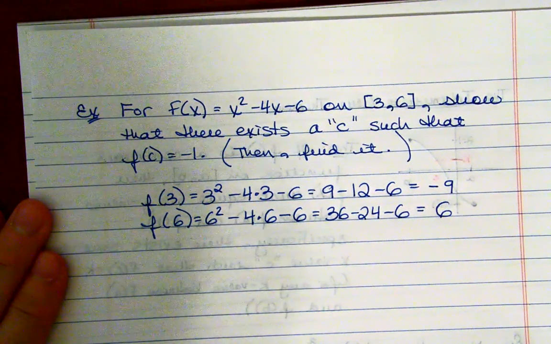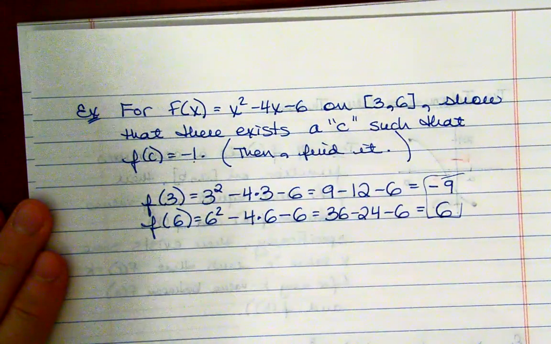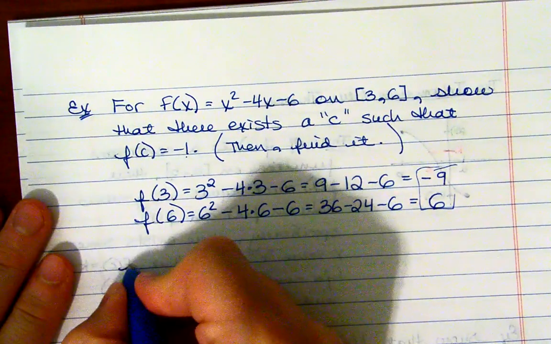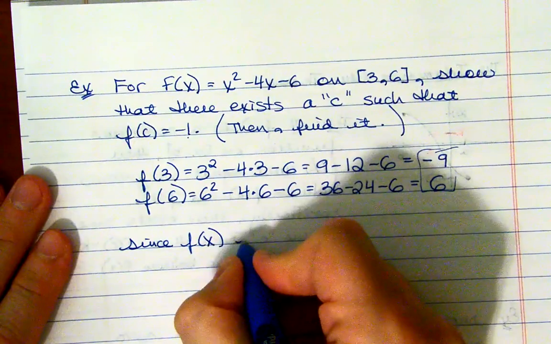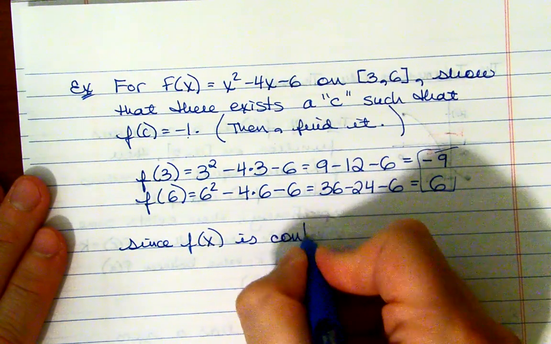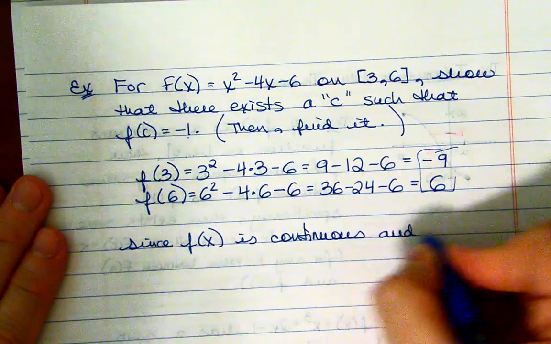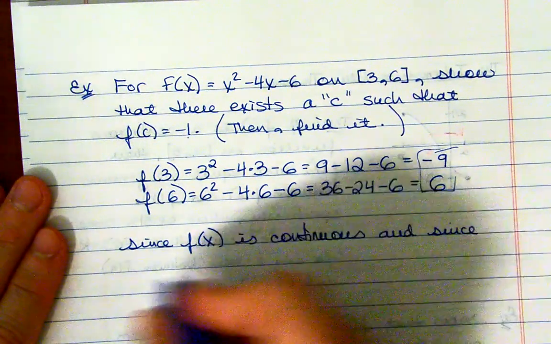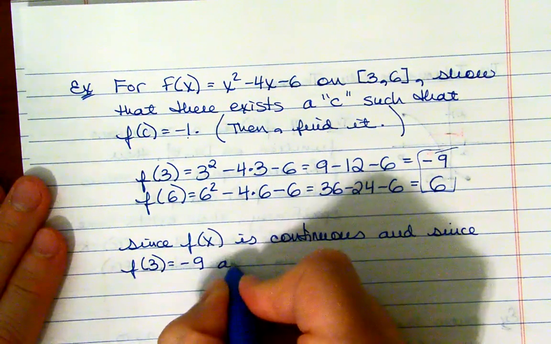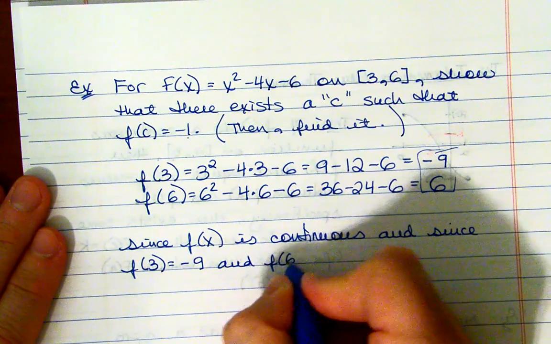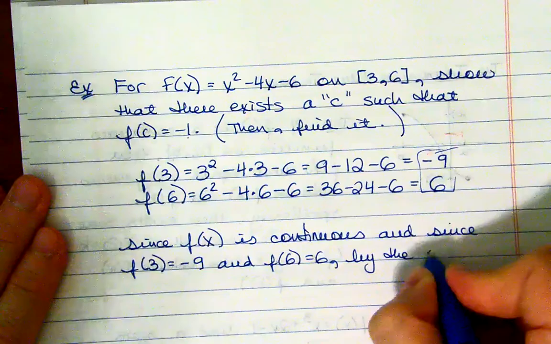Yeah, that's looking good. My y values have to be between negative 9 and 6, and I'm looking for a y value of negative 1, so here we go. Since f of x is continuous and since f of 3 equals negative 9 and f of 6 equals 6, by the intermediate value theorem,